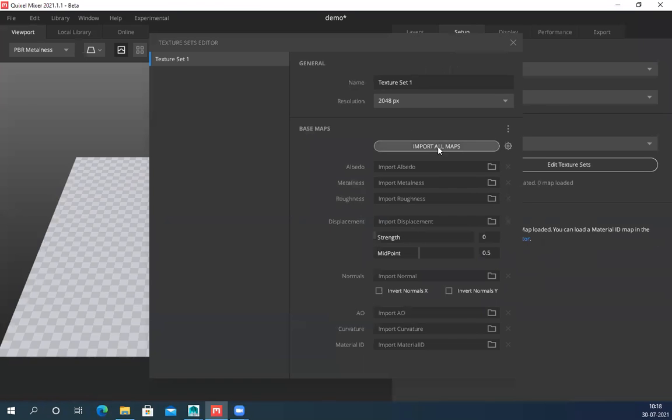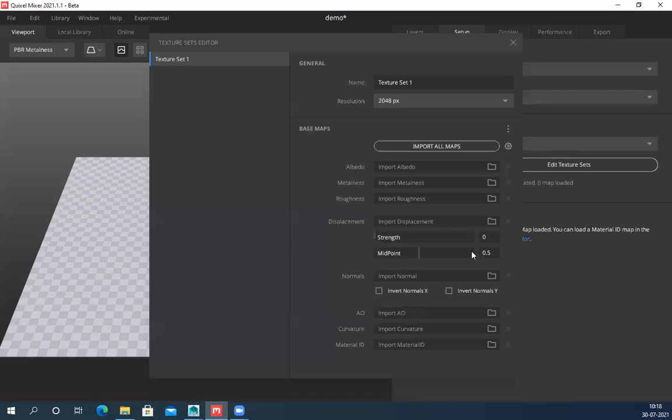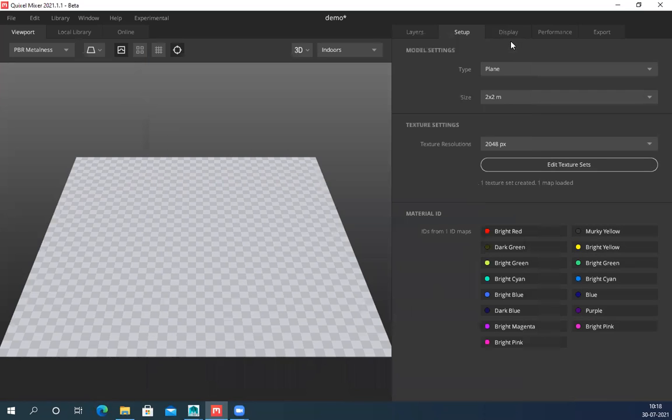Click on this ID map, you can select import all maps, or simply scroll down to ID map and desktop. This is the colorful ID map. Select this. It's loading, and you're done. You can see all these fancy colors. It basically creates a color gradient automatically. You can see they name them also.